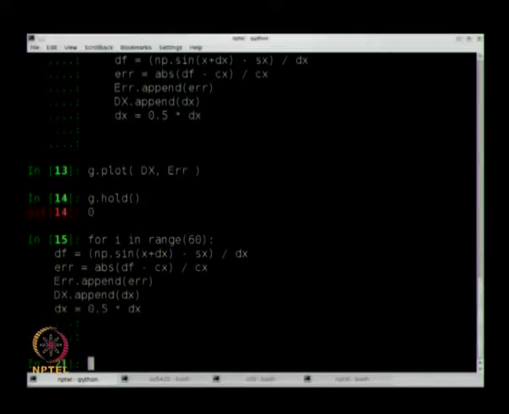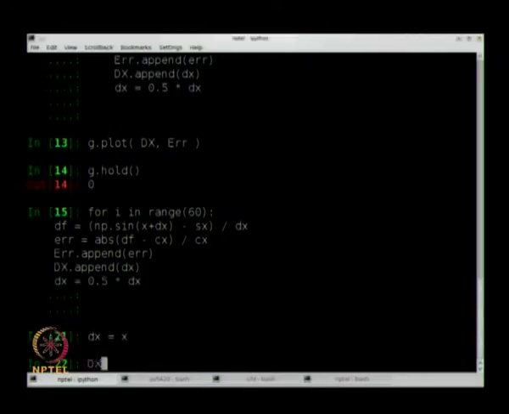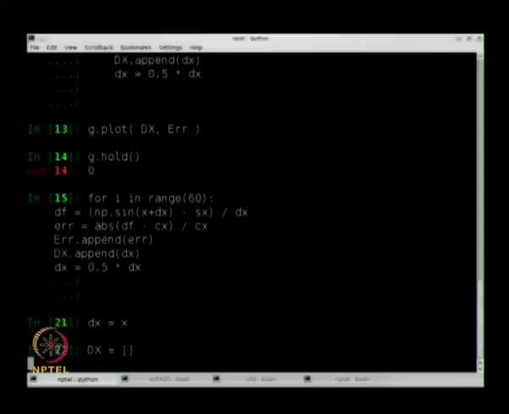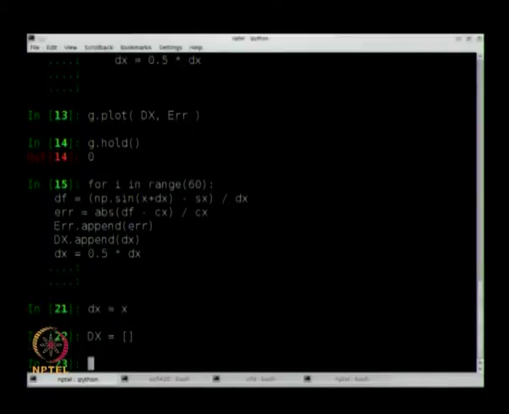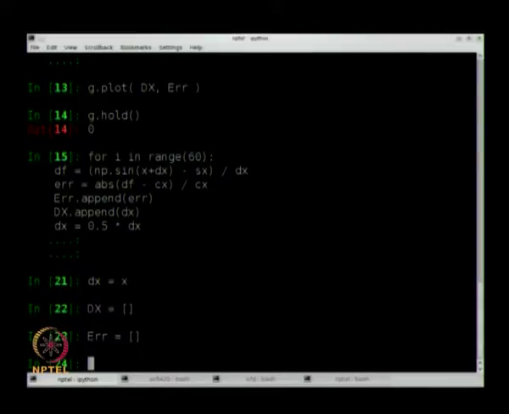Here we go. Let me define my dx as equal to x again. I clear up my capital dx, I clear up my error, I reset them to 0, okay,